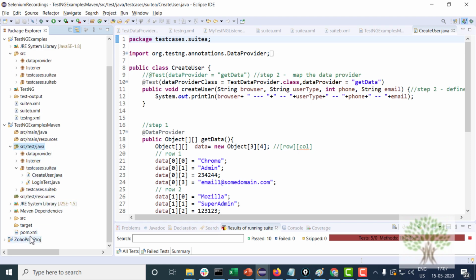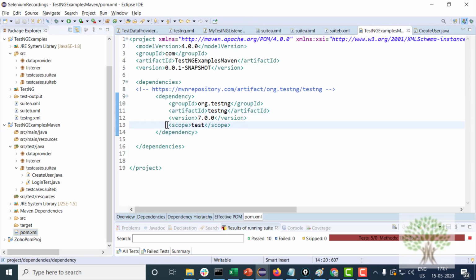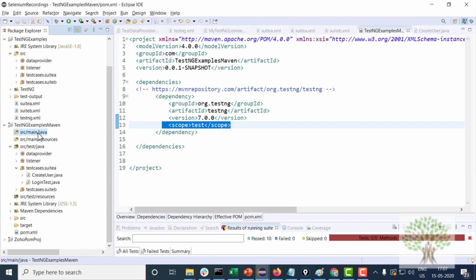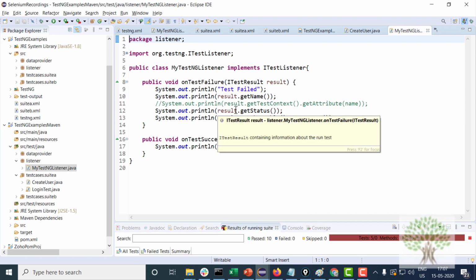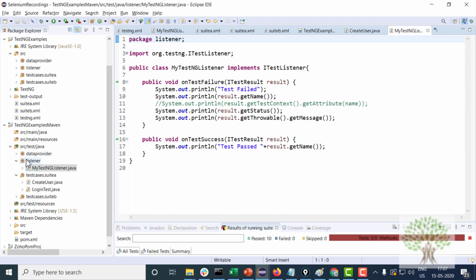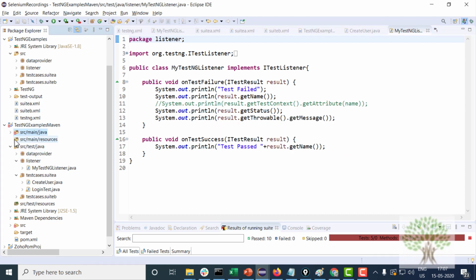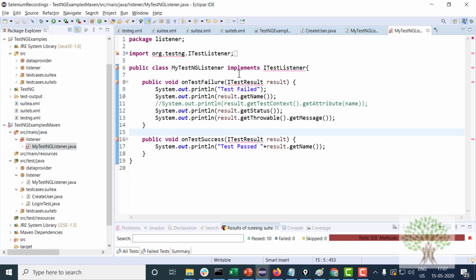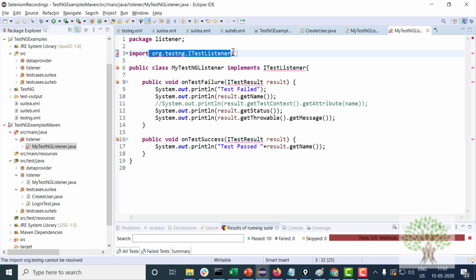Look, in pom.xml, if you supply the scope of TestNG as test, that means all the TestNG features and classes can only be used in src/test/java, not in src/main/java. And with Maven it will become difficult then. If I copy this listener into src/main/java, when I execute it with Maven, it will not understand, or Eclipse will also not understand what the ITestListener class is.